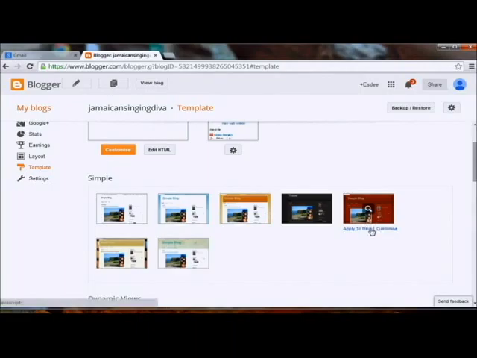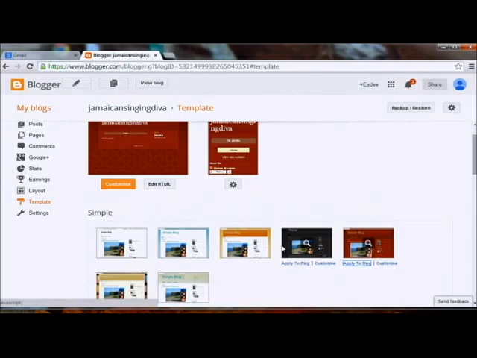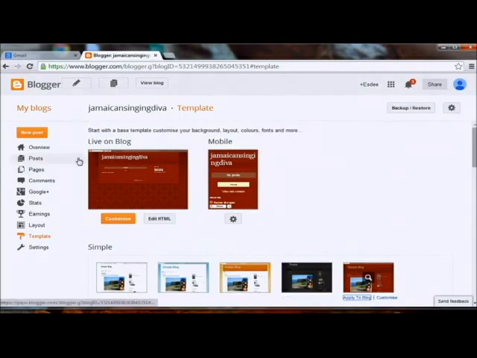Let's apply this one, and we should see a preview of what it should look like. One of the simple ones, which is red or kind of a brick color. This is what our blog